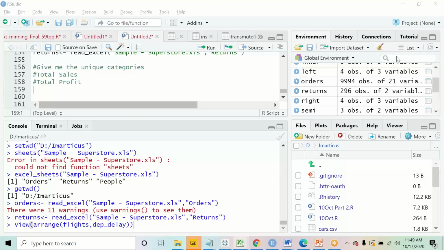So Sakshi, I'll just make you the presenter so that I can take a look at it. Yeah, you can share your screen now. No, three different commands, right? With one command, you have to give me the distinct categories. Then I want to see the total profit, and then the total sales. So Sakshi, you can share your screen now, please.